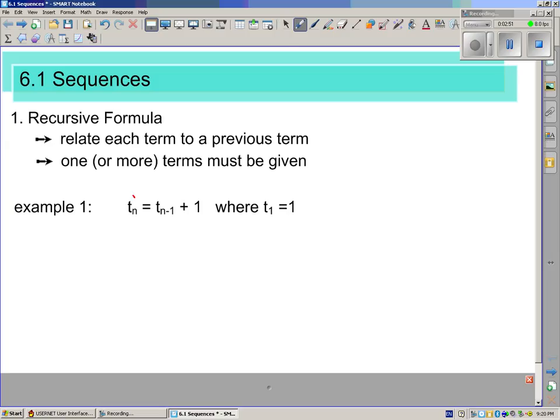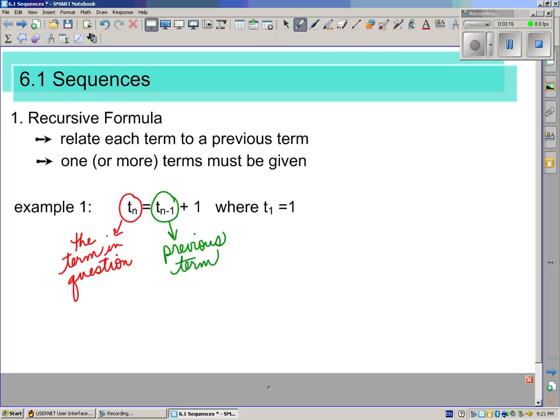All right, so if this is the term in question, then t sub n minus 1 is the previous term. Okay, so if I want to calculate the 6th term, this is saying find your 5th term and add 1